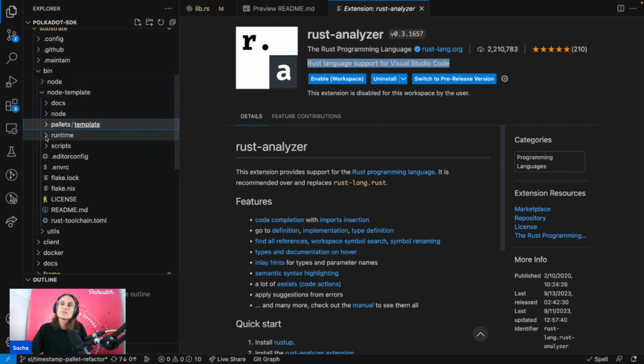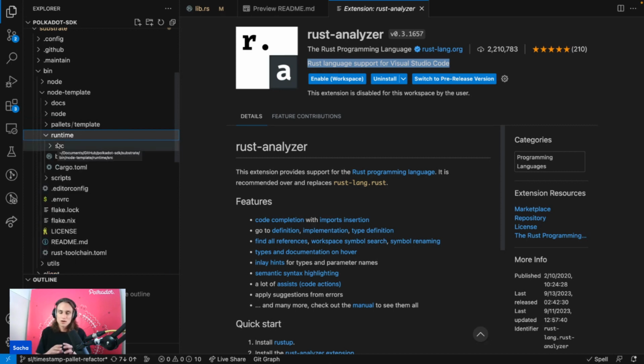For the other piece here, we're in the node template, and if I were new to this code base, I would ask myself what a substrate blockchain looks like at a very high level. You can see it in this bin folder. Now, we just talked about client consensus, the off-chain layer, and we mentioned this concept called pallets. The runtime is where all of the business logic of the node